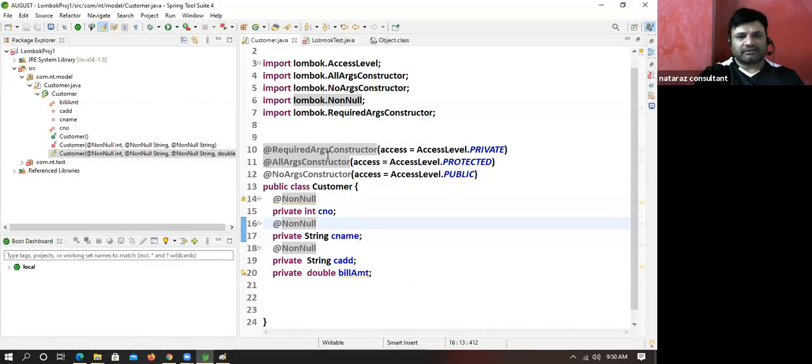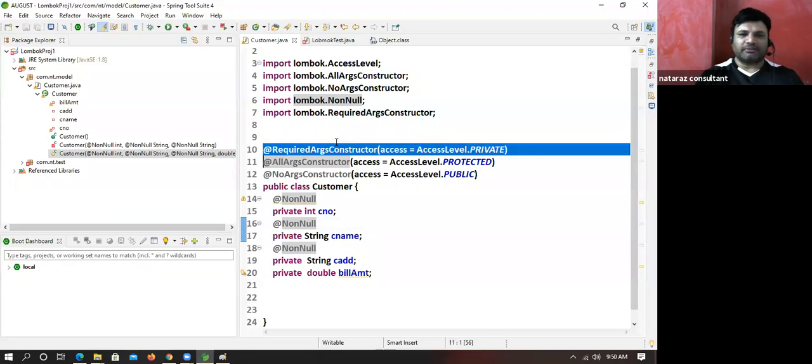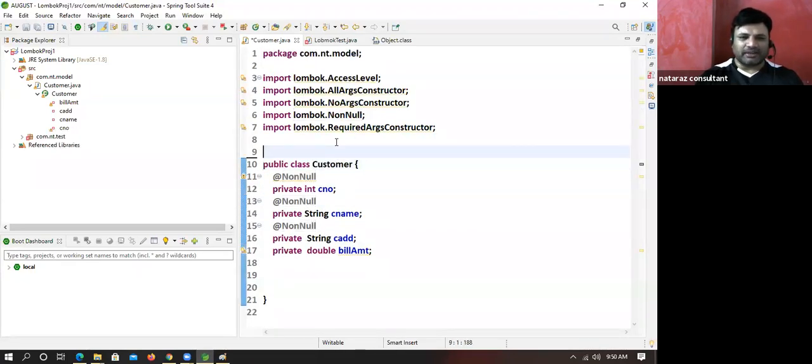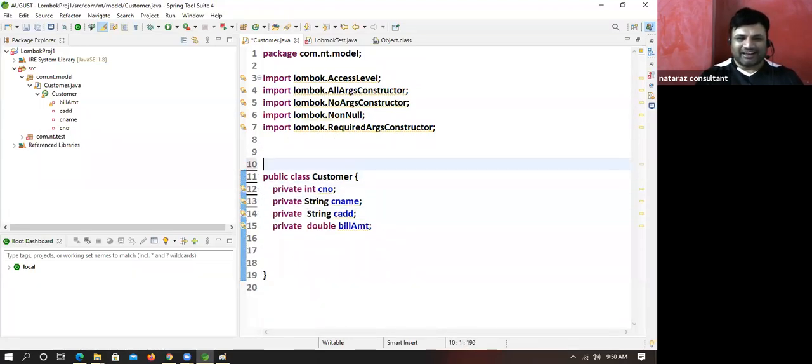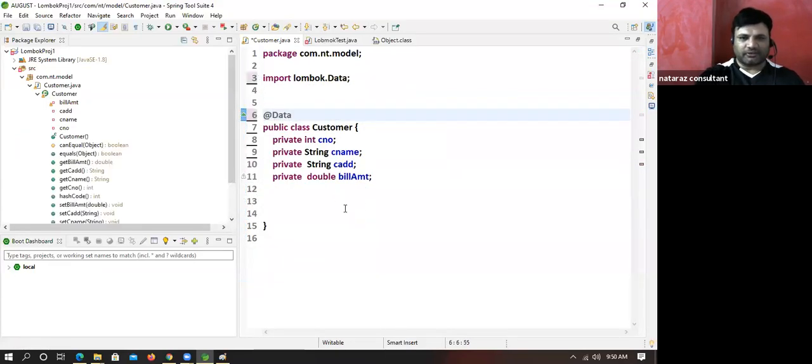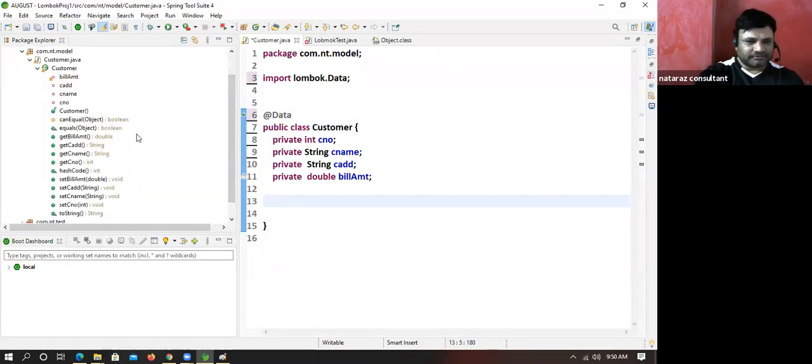I'll remove all these things. That means shortcut, boss. Instead of writing these many annotations, you can happily go for @Data. This will take care of everything. Control plus Shift plus O. Observe.